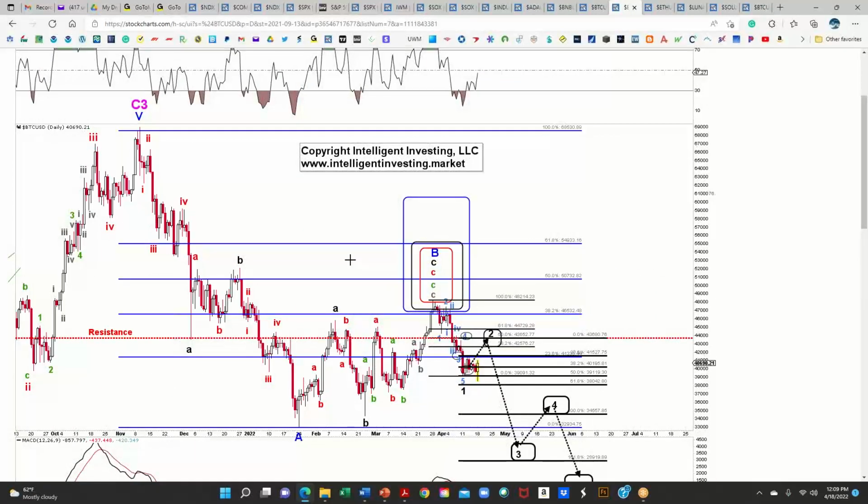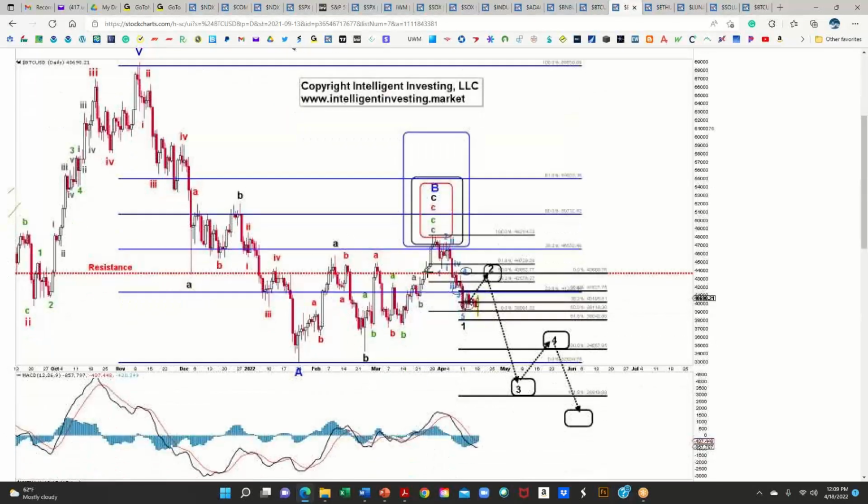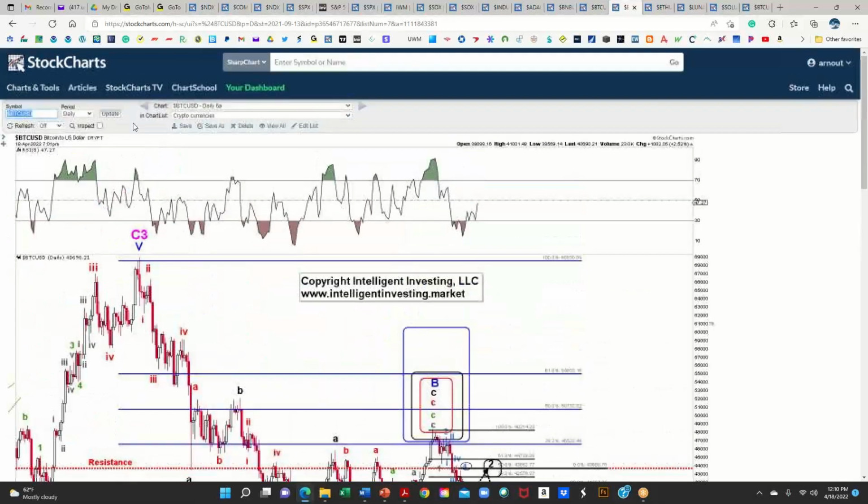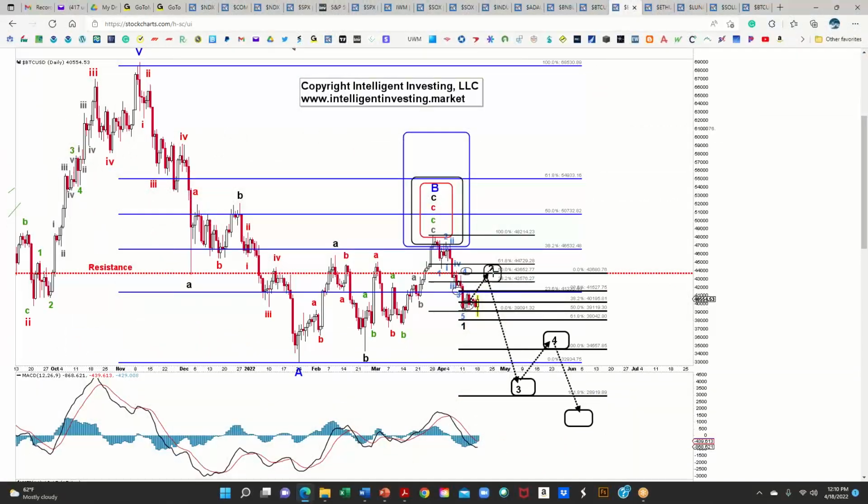Then we have the wave count I showed you earlier last week, I think on Wednesday, where I was counting 5 waves lower and then a bounce. We did get a lower low today compared to last week, but the close so far and the candle so far still look pretty good for a wave 2, a 3, 4, and 5. We really need to move above, I would say, 46 to 48,000 to suggest this wave count is wrong.